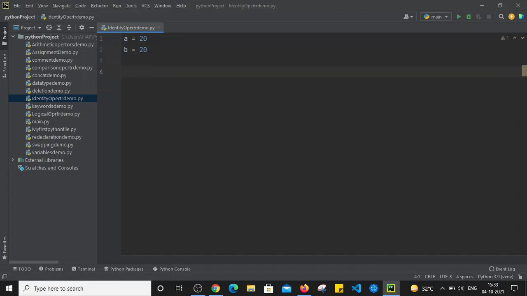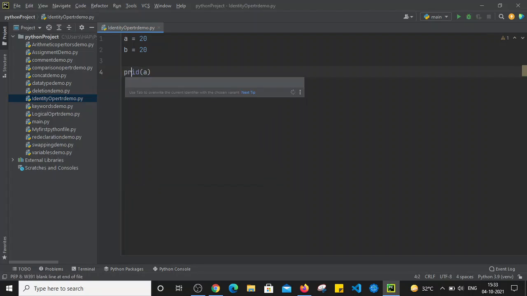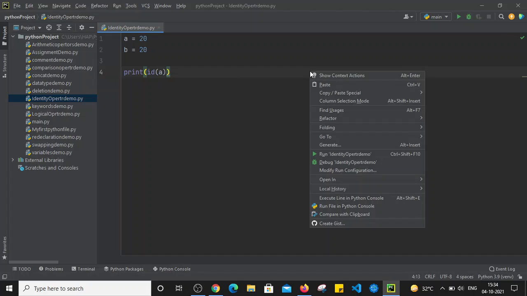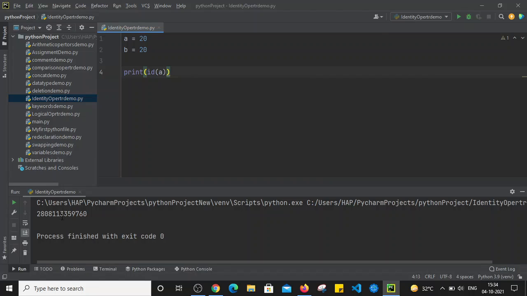The id function is an inbuilt function in Python that is used to return the identity of that specific object. So I'm going to use id of a. We have to print this statement, print identity of a, and when I run the file, it will print the identity of the object or variable a, which is holding the value of 20.